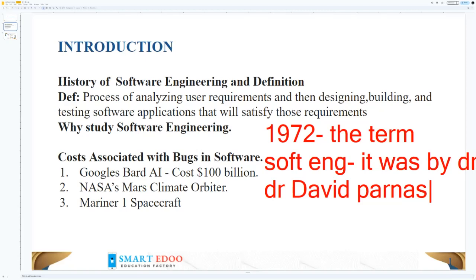So this was when the term software engineering first came into being, but before that we had some committees, the NATO Science Committee, that used it on this basis, but it was earlier than 1972, and it focused on designing software that is reliable and consistent and has security built into it.